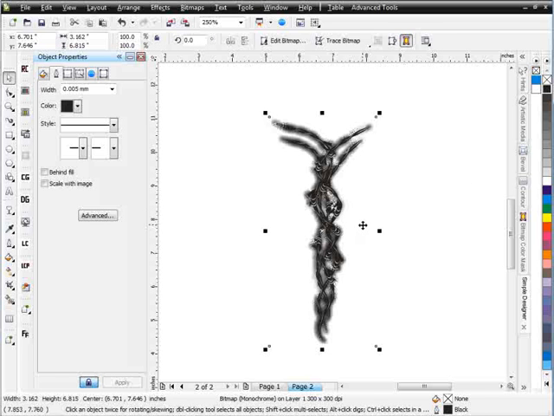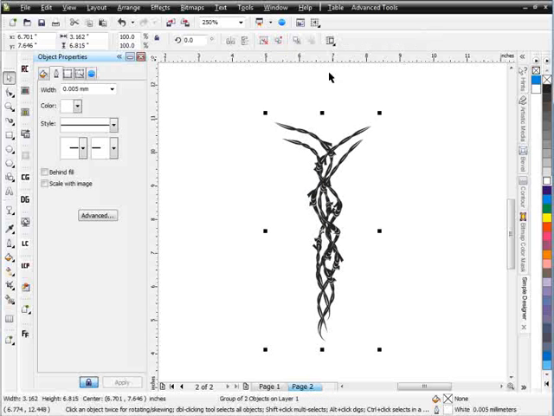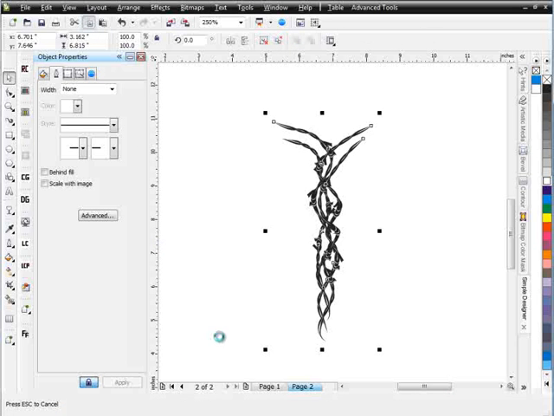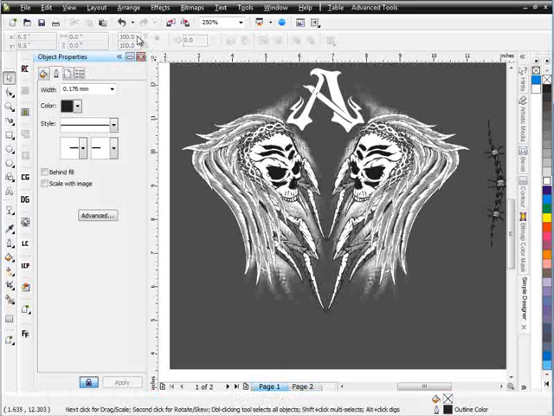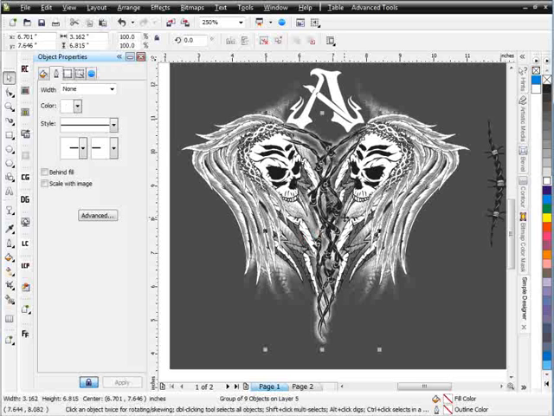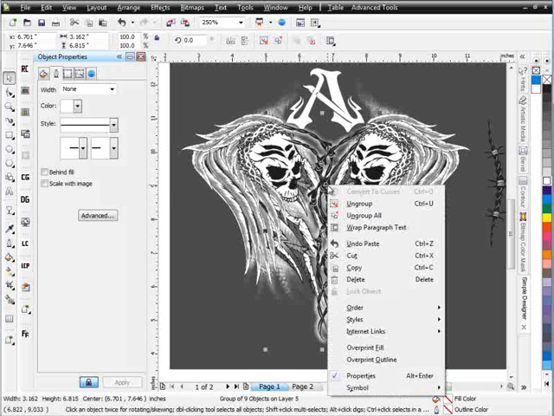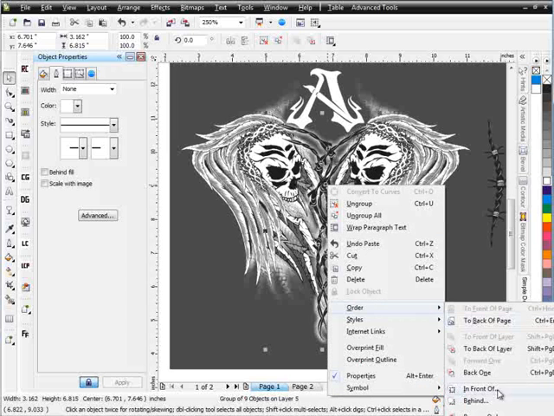I've got this from before here. I want to hold down Shift and Alt, 2 objects selected, change that to white, group those, select everything here, group this, copy this, go back to page 1, and then paste in here. And that's just totally off the wall. Anyway, I'm going to right click on this and click order and go in front of,